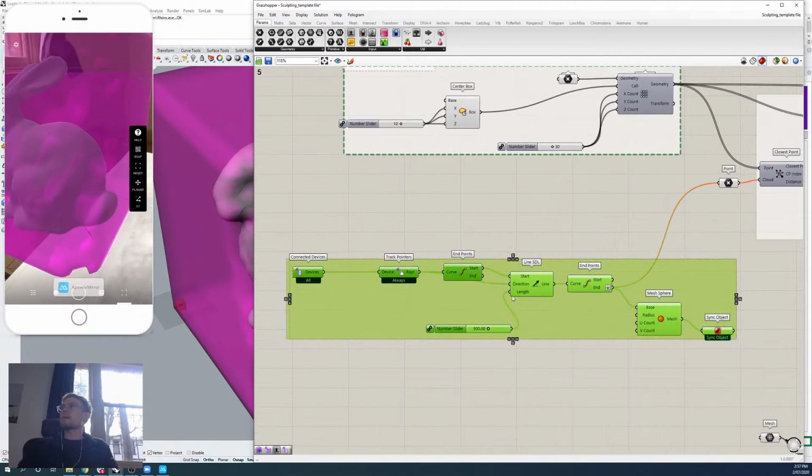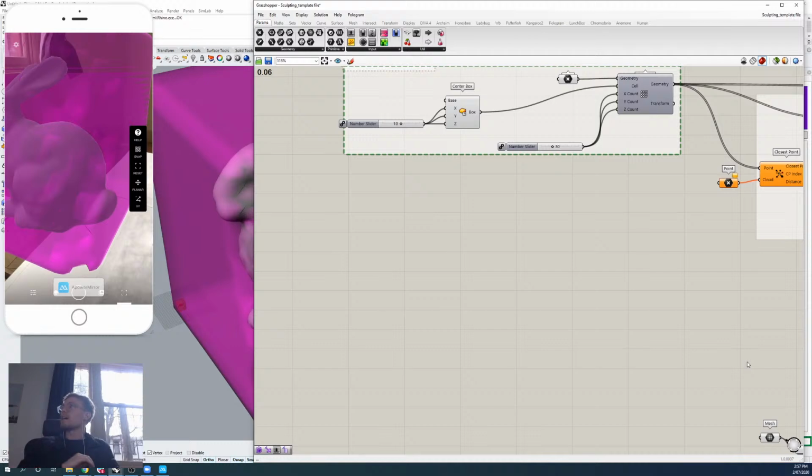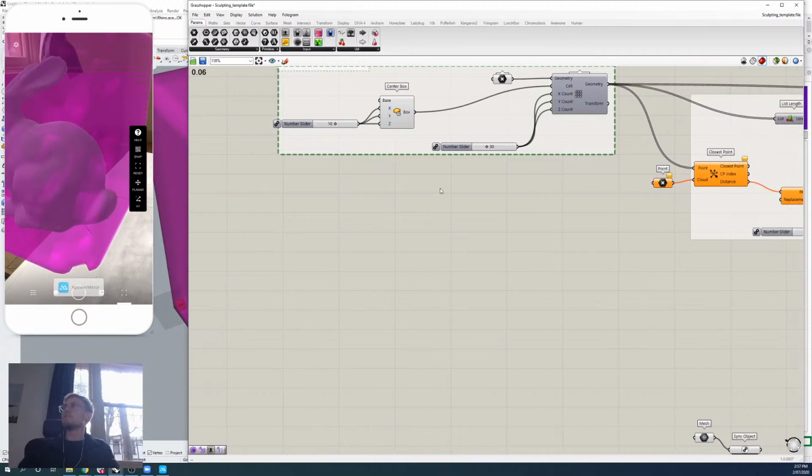It's basically the same algorithm we built yesterday, where we connect your device, find the track pointers, then create a cursor, and then have a little sphere appear at the end of that cursor so we have some kind of depth. I just want everyone to go and delete that basically right now. And then we're going to jump back into the